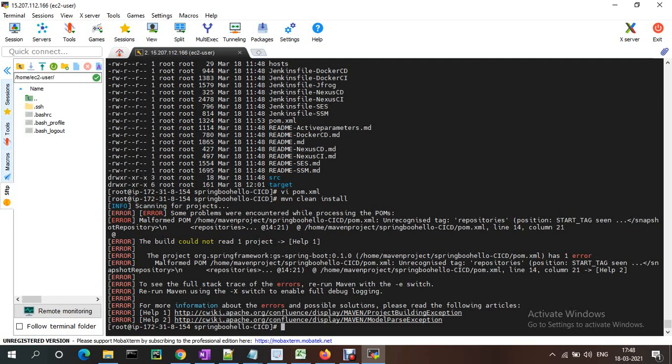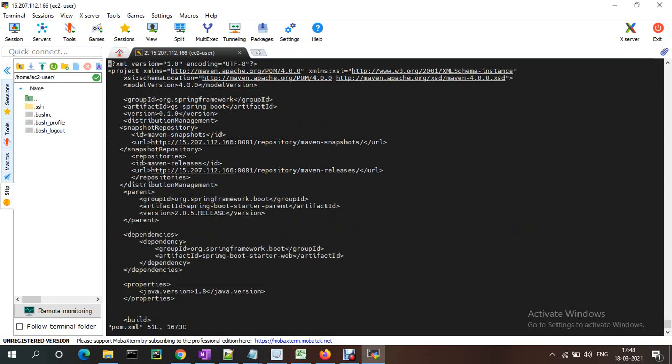Okay, XML check mode, distributions, snapshot.